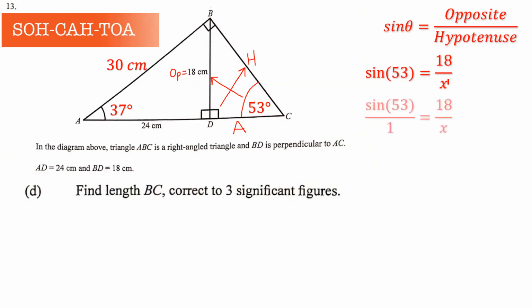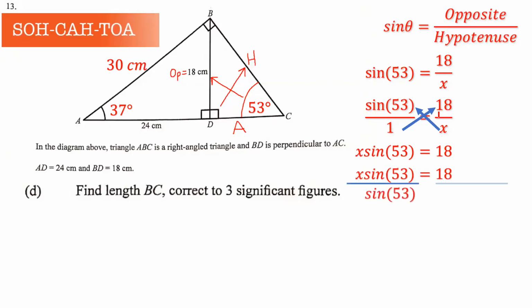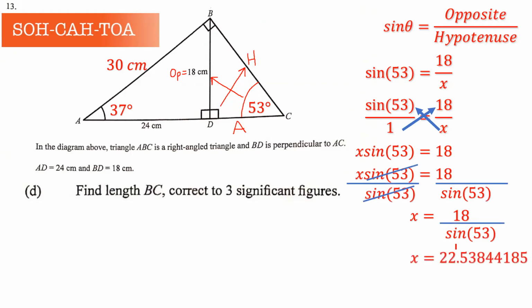Now we're going to cross multiply. So we put sine 53 over 1 equals 18 over x. We cross multiply. So x times sine 53 is x sine 53, and 1 times 18 is just 18. Now we're going to divide both sides by sine 53. This cancels and this cancels. We are left with x equals 18 divided by sine 53. So what is 18 divided by sine 53? Well, that's going to be equal to